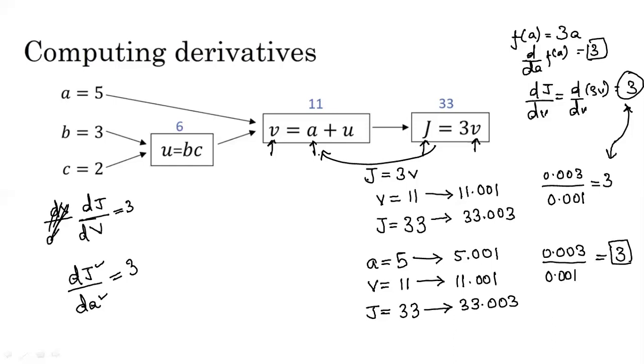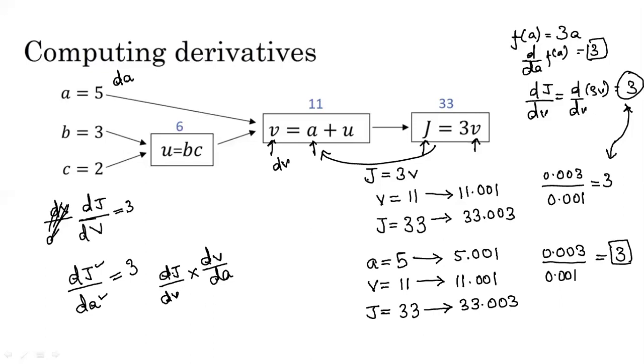Also one thing to notice here, that this can be represented as dv, and this can be represented as dA. Okay, so this is the notation that we are following in this video lecture and the further ones also. Also, one way we can find the value of dj upon dA is that dj upon dA can be calculated as dj upon dv into dv upon dA. So it is basically the multiplicative combination of dj upon dv and dv upon dA.